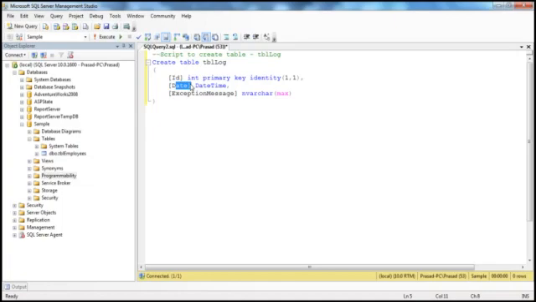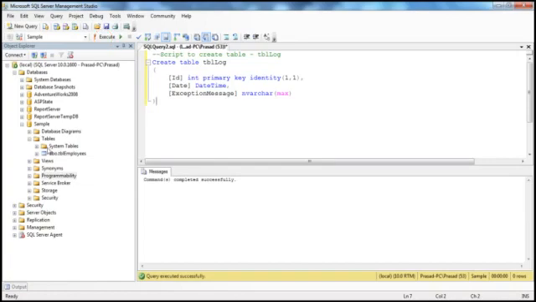Basically, this tells us when the exception has occurred, and then the exception message itself. And the data type for that is nvarchar(max). So let's go ahead and create this table. Execute. Command completed successfully. Refresh the tables folder, and we should see it there. Alright, so the next step is to actually create a stored procedure